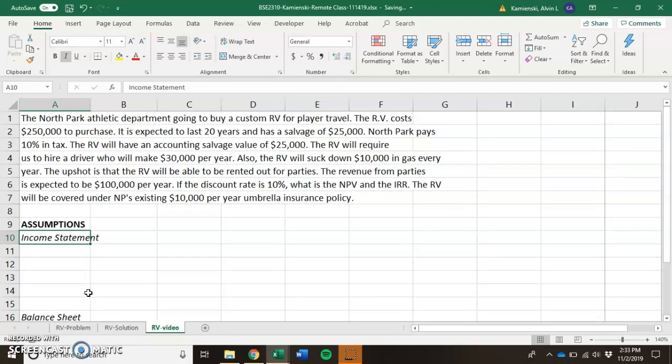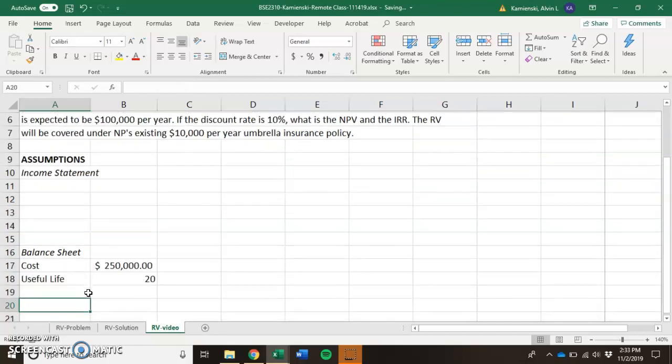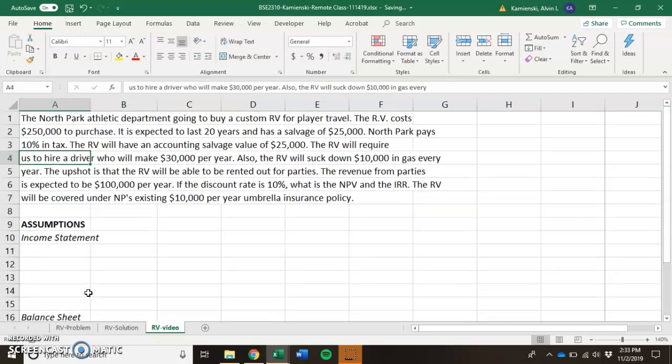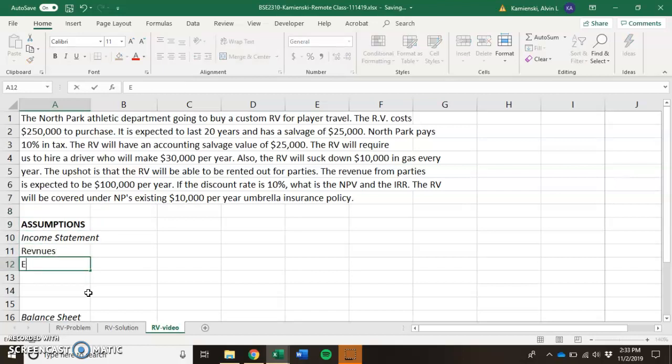In addition to that, there will be a salvage value associated of $25,000. That makes us think that immediately somewhere along the line we're going to need to think about revenues and